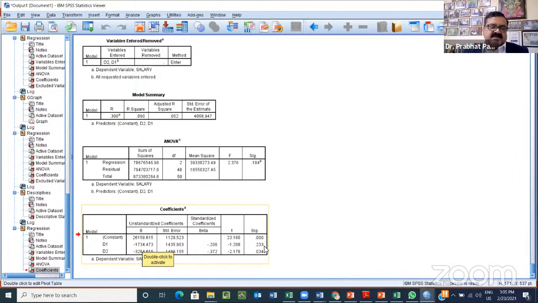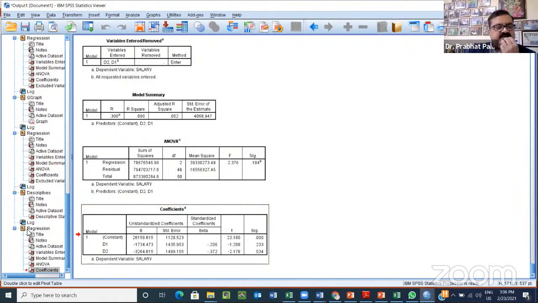0.233. This means that if I change the sample, there is a 23.3% chance that I will not get the same difference. So this means it is more than 5% error, less than 95% level of significance, so I'm not taking it as significant. We'll say that yes, there is a difference. North people are getting somewhat less on average than the West, but this difference is not significant, because it is just because of the sample that the difference appears. If I change the sample, probably I will not get the same difference.